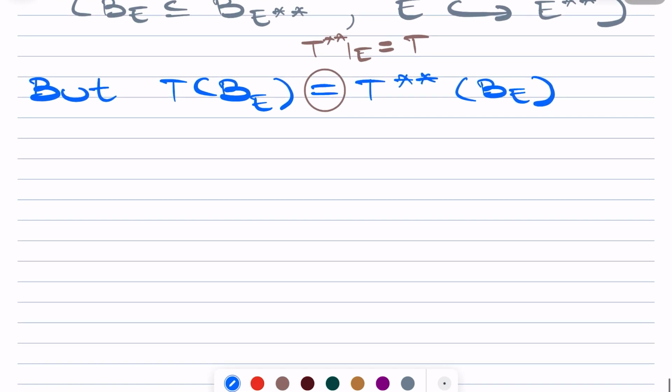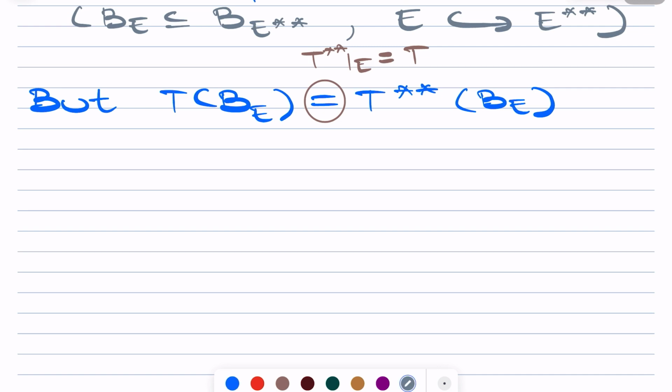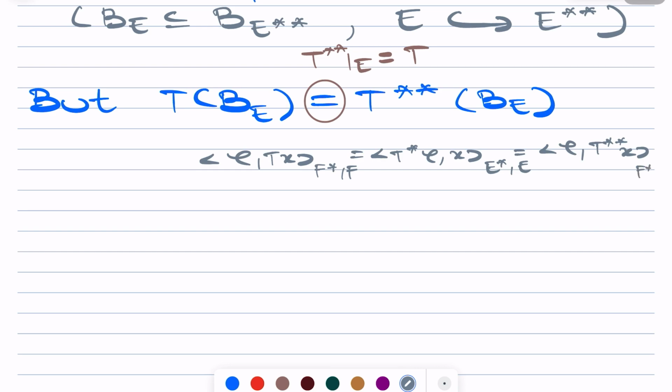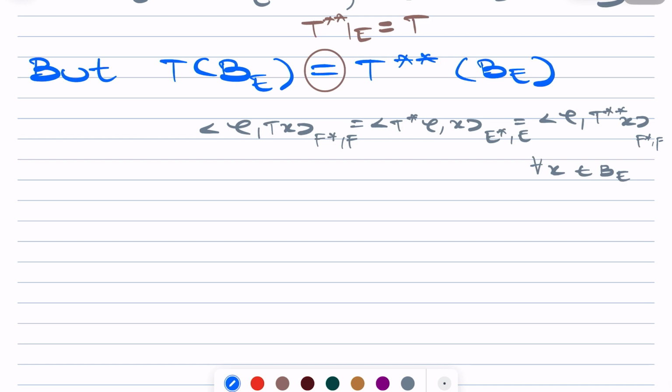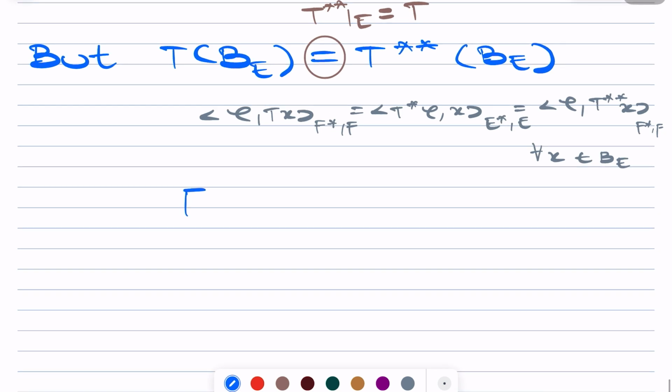You can actually say it very easily. If you have phi, Tx, this duality pairing in F star, F, is again the duality pairing of T star phi, x in E star, E. But this is again phi, T star star of x in F star, F. And this is of course for every x in B. So T B_E is exactly equal to T star star of B_E,